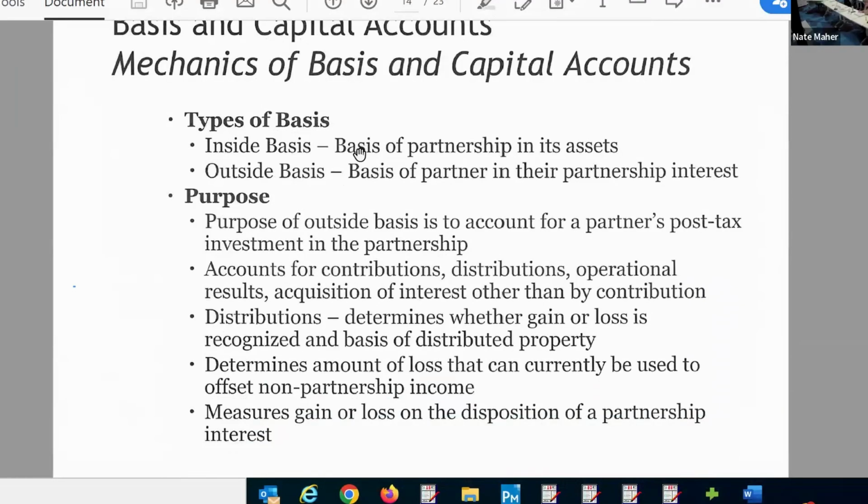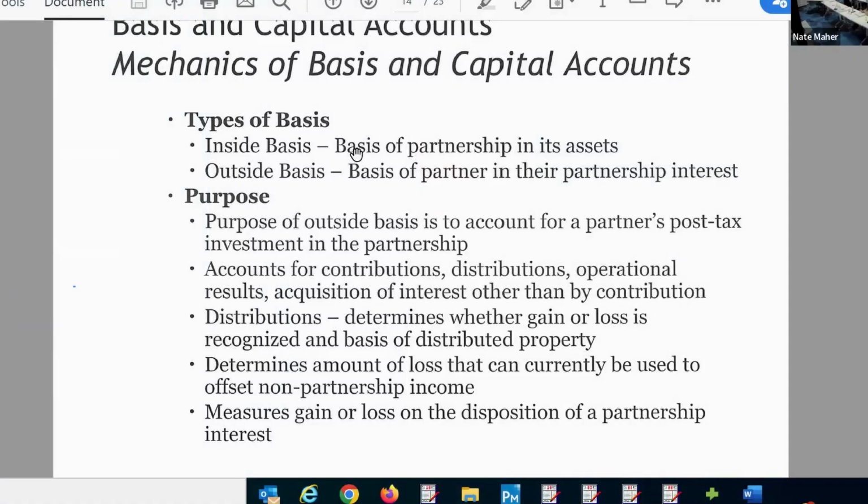Types of basis, inside basis, outside basis. Hoffman, what was Mr. Knowles' favorite thing to say? Yeah, Pat. He said, if I wanted to confuse a client and make it sound like I knew what I was talking about, I'd go, it's inside and outside basis, man. He said that's what he would say to sound smart in front of a client, and it would confuse them, and he'd feel good about himself.